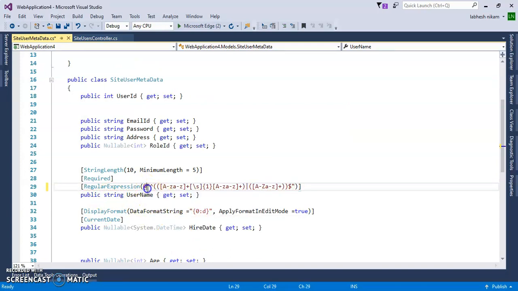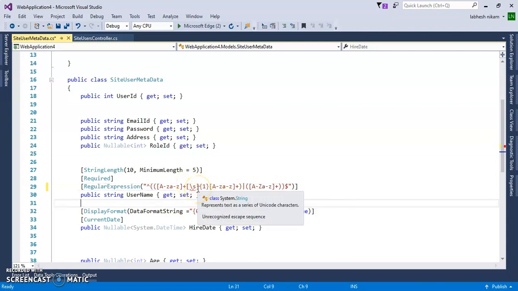If I don't put this @ symbol then it will give us an error. Why? Because there is a backslash s, and backslash s doesn't have any meaning. Backslash n is for a new line, backslash t is for tabs, but backslash s means nothing.